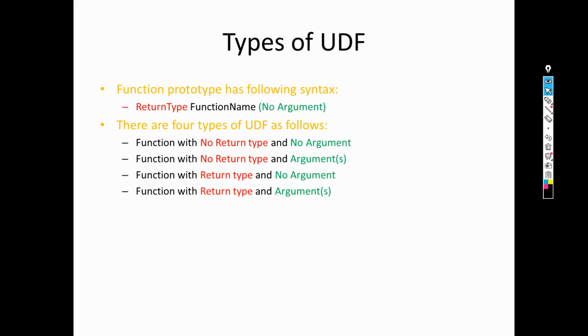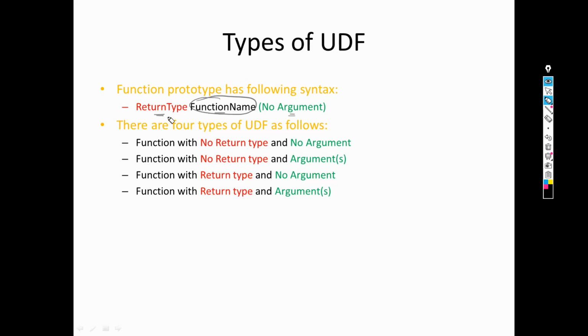So we know the function prototype. The function prototype contains three different things: one is the function name, second is return type, and third is arguments. So return type, function name, and arguments. Function name is fine, that should be written according to our requirement. If I am making a function for prime number, I can write prime. If I am writing the code for factorial, then the function name can be factorial or fact. It is purely your choice what function name you write.